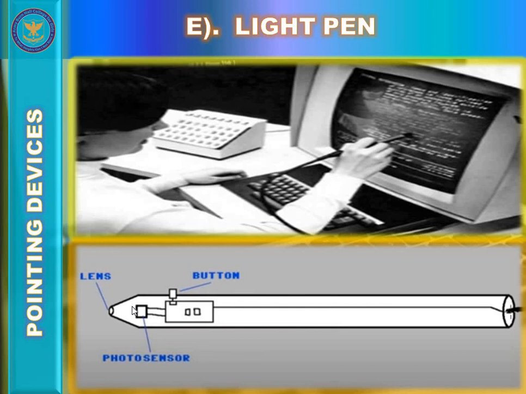Input is given to the computer directly by touching the screen with this pen. So when the light pen is touched on the screen, it detects or senses a position on the display screen. This input device gives more accuracy than touchscreen input device, but it is obsolete nowadays. It is mainly used in engineering field for designing purposes, but mostly obsolete nowadays.